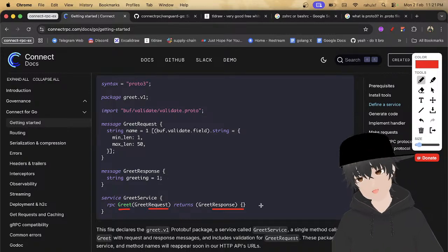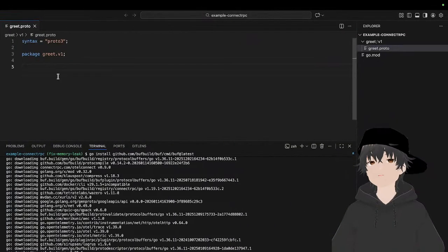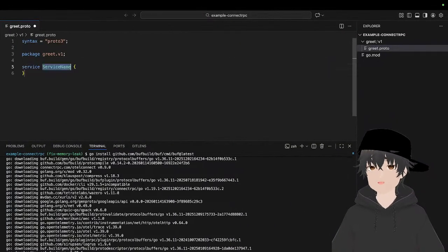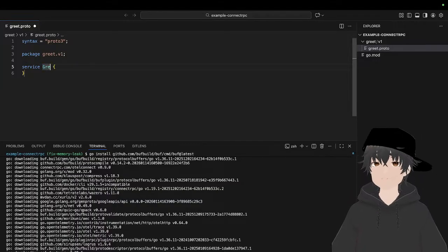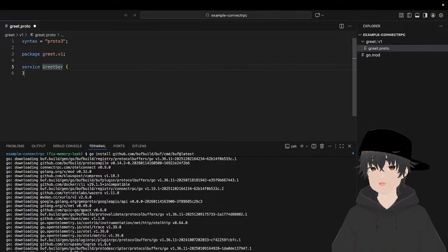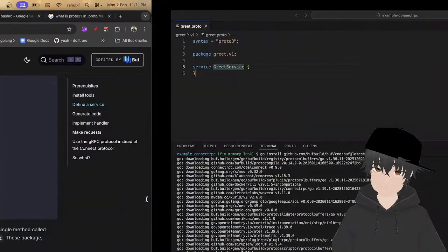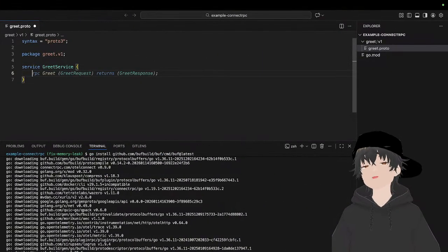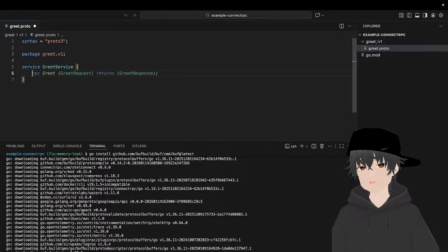It is also a convention to do it that way. So we can start here and write service, and then the service name will be greet service. Inside the greet service you write an RPC greet, with request greet request, returns greet response.